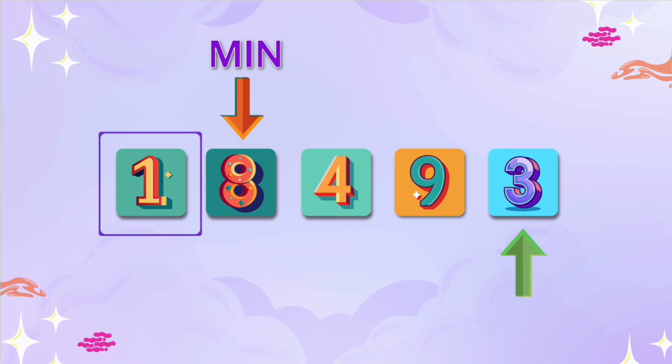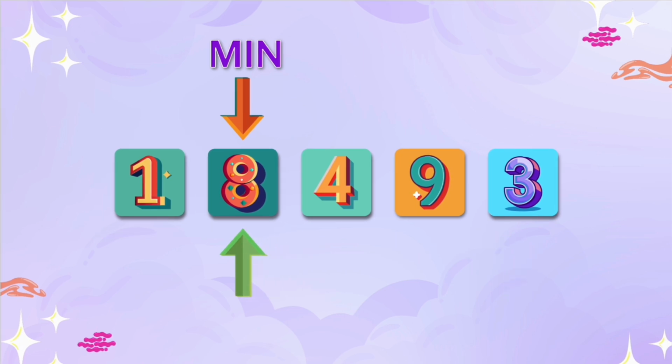Now we can say the first element is sorted, while the rest of the elements remain unsorted. Next, we move to the second element, 8, and assume it is the minimum. We compare 8 with the remaining elements, 4, 9, and 3, to find if any of them are smaller than